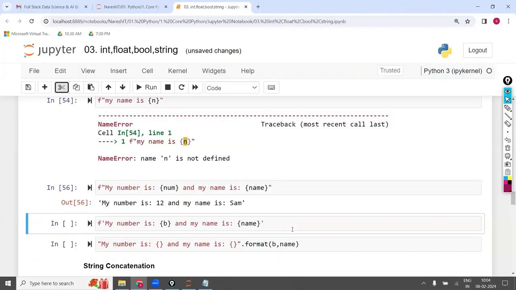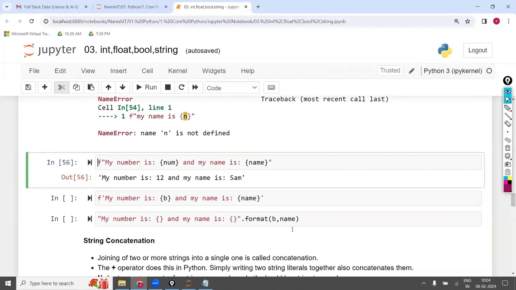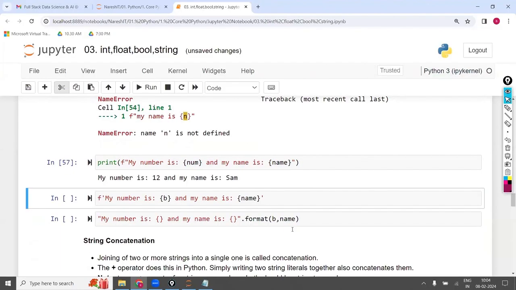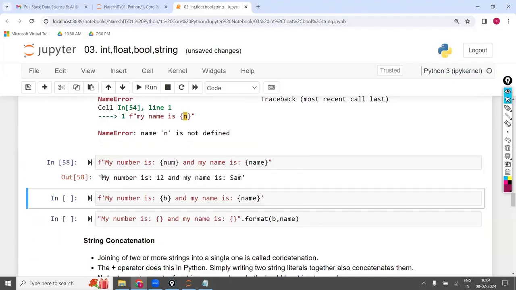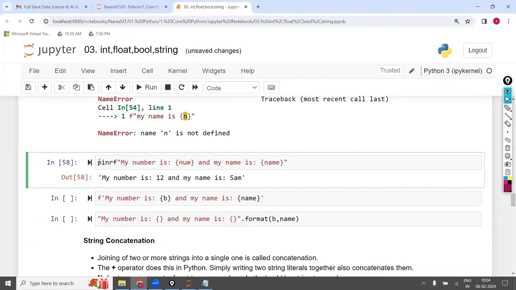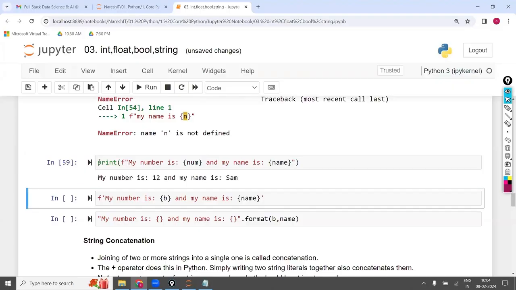Now, here what I'm going to do is just print this. Simply write it inside the print and it will be printed. Sir, what is the difference from earlier when you had not taken the print? Earlier you had not applied the print function, so it gave you the inverted commas. When you use print, the inverted commas will not be printed. That is the only difference.